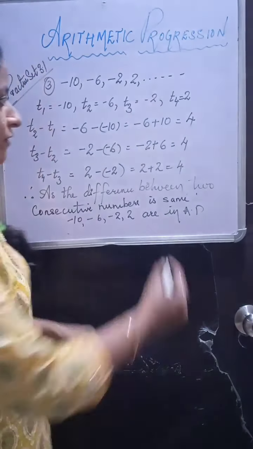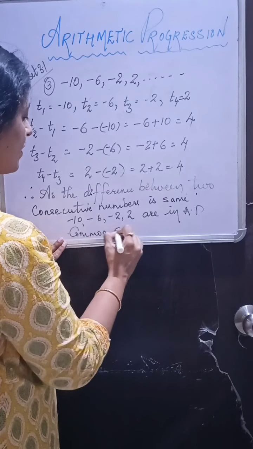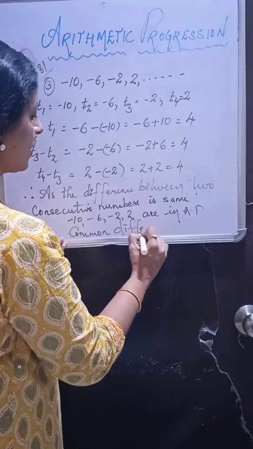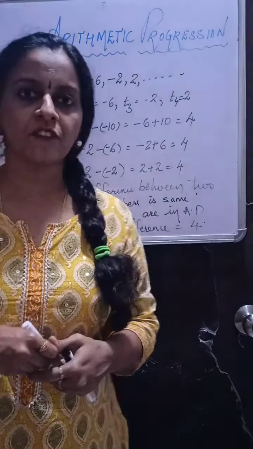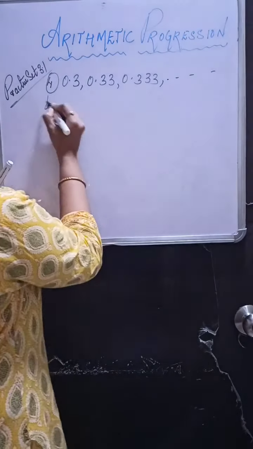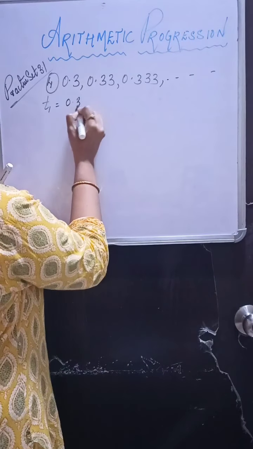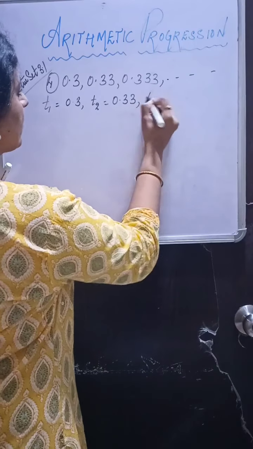And what about the common difference? Common difference is equal to 4. Easy. Fourth question. T1 is 0.3, T2 is 0.33, T3